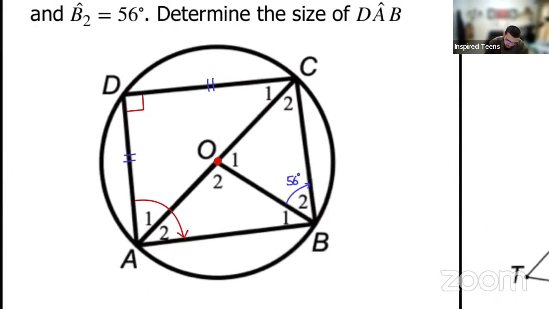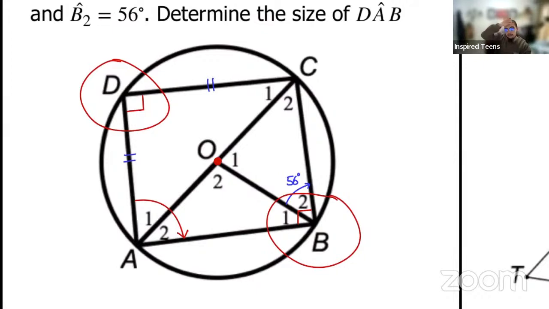So by the way, angle diameter AC subtends not just D, which we've shown as 90. Diameter AC, sorry, also subtends B. So we could also say that angle B is equal to 90 for the exact same reason as the first, right? Our reason here is actually, we'll write it down, angles in a semicircle. It's just an angle subtended by the diameter. So that's the first reason we could use. We could also say that D is equal to B because of opposite angles in a cyclic quadrilateral, right? ABCD is a cyclic quadrilateral. D and B are opposite to one another. So therefore,